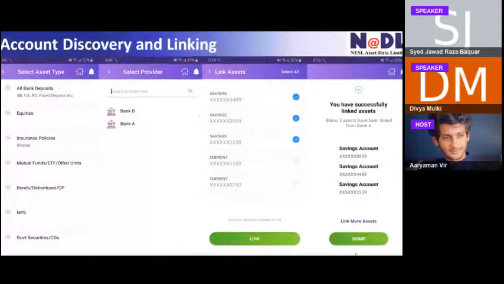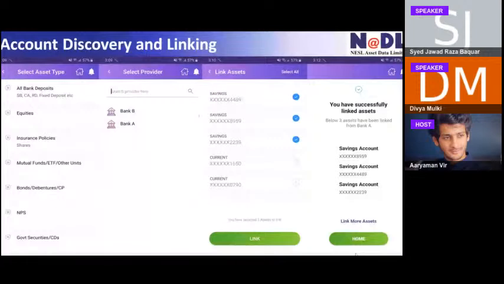asset types. After I select one of the asset types, I land on a screen where I have to select all the FIPs which are linked to that asset type. Once the bank is selected, the information collected during the customer onboarding process is used to fetch the bank accounts or assets linked to that FIP. I can select multiple banks and multiple accounts, choose which accounts I want to go ahead with, and link those assets. Linking an FIP involves an authentication process, which is an OTP sent by the FIP itself.